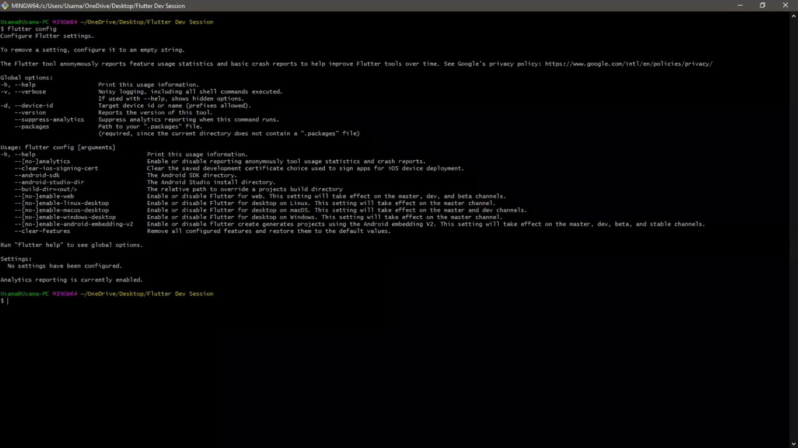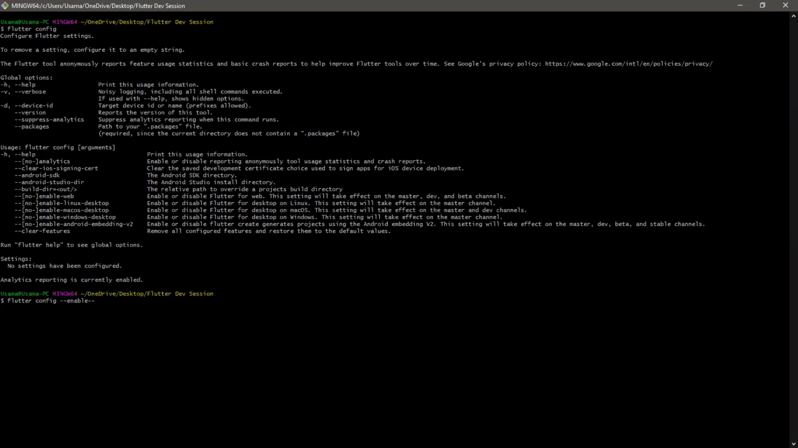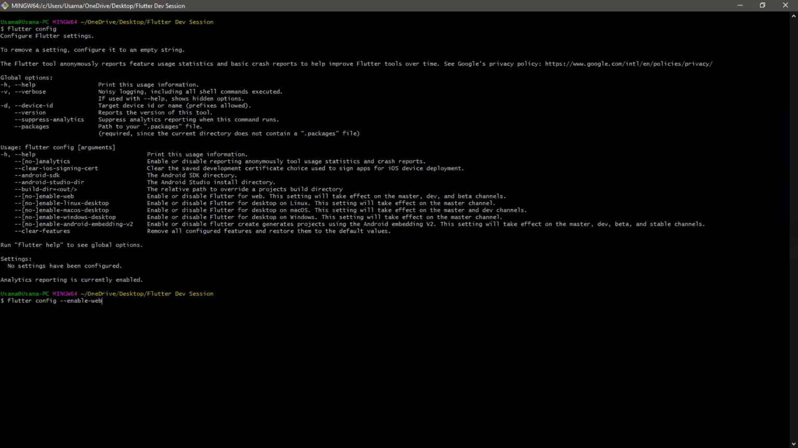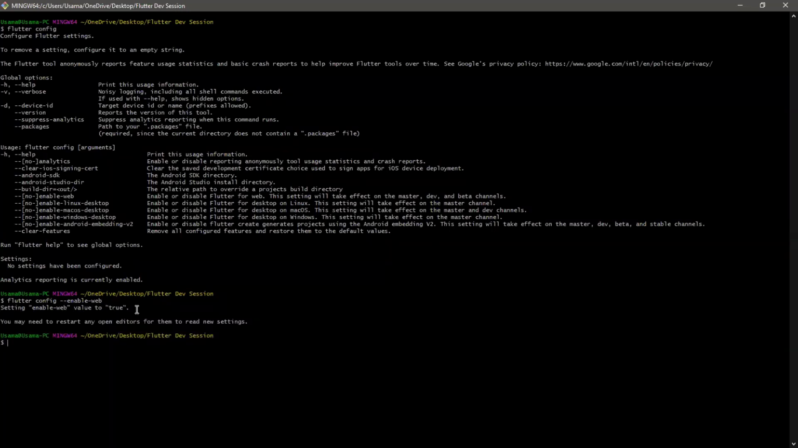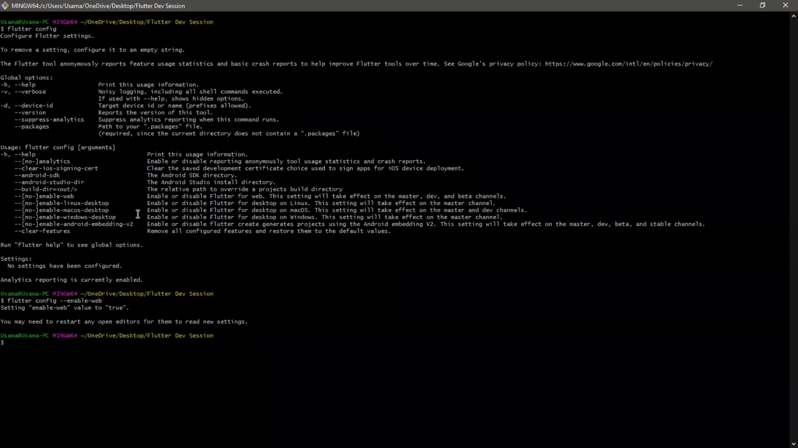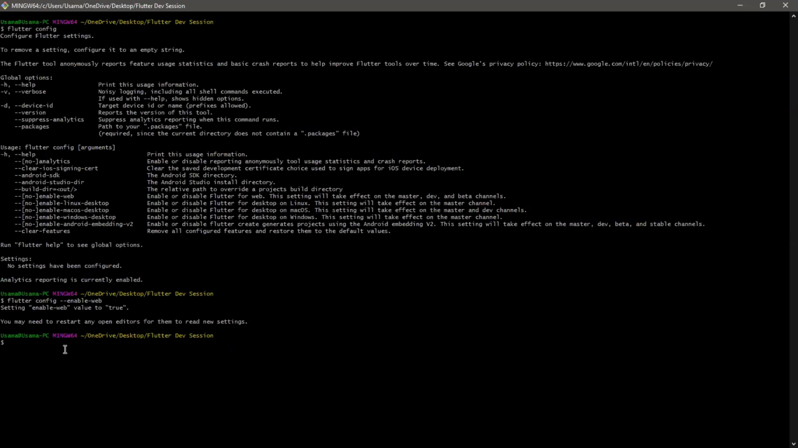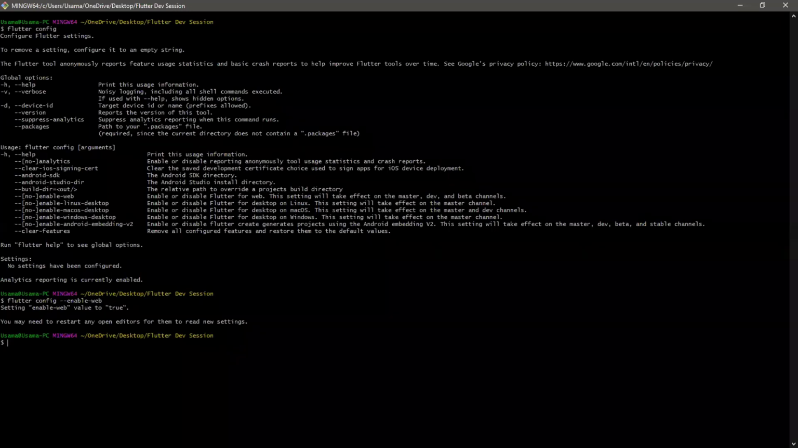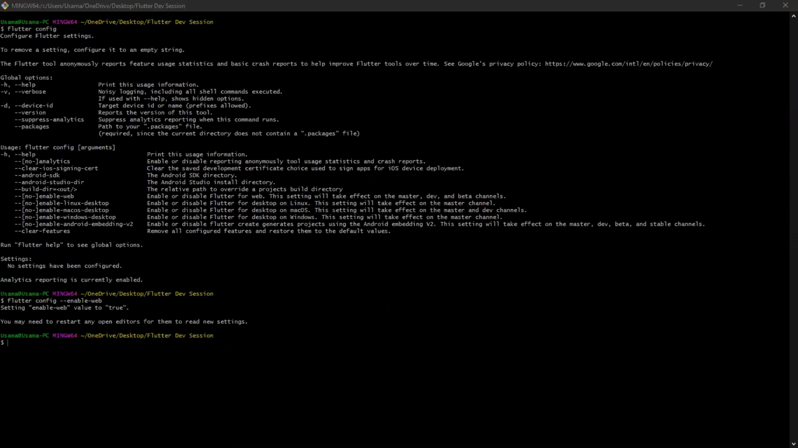So I will type here flutter config --enable-web. After hitting enter, it will show the setting enable-web value set to true. Okay, so when you first shift to Flutter Web, there may be many errors. To face those errors, you need to run flutter clean, and after that,